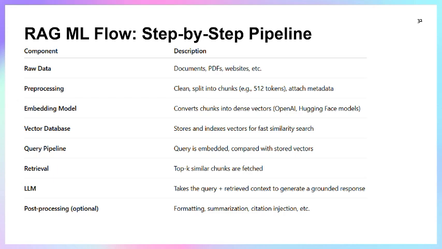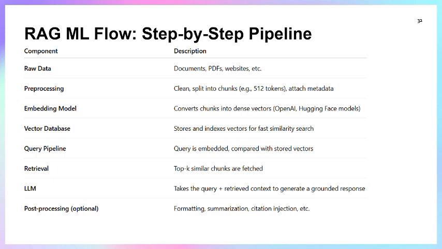This is the second step. The third one is the embedding model. Convert the chunk into a dense vector. Once chunking is done, we convert the chunks into vectors, and then the chunks which are converted into vectors are stored in a database. Means the vectors are stored in a vector database.